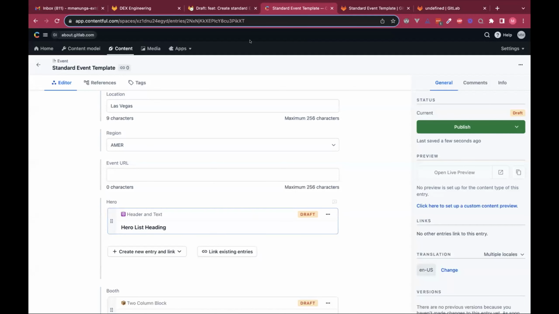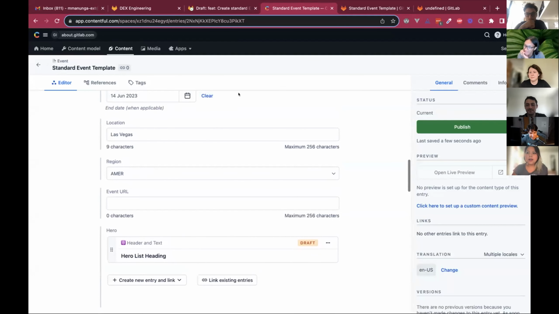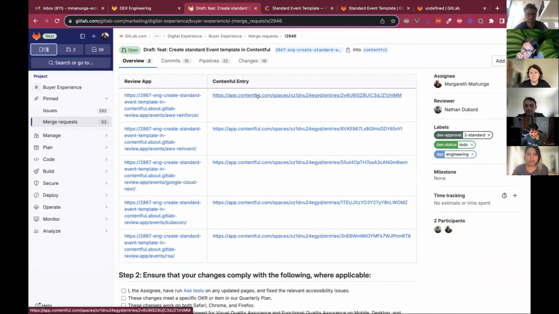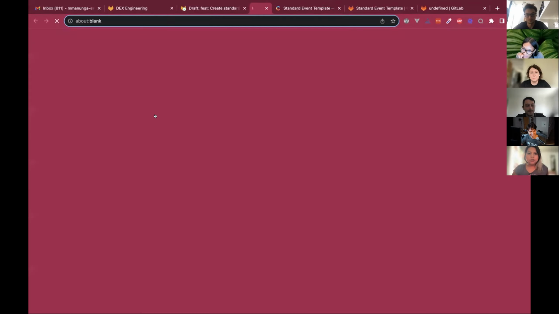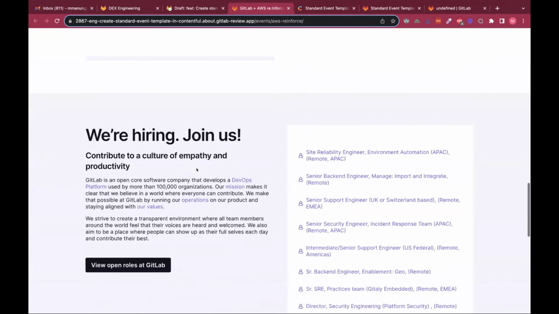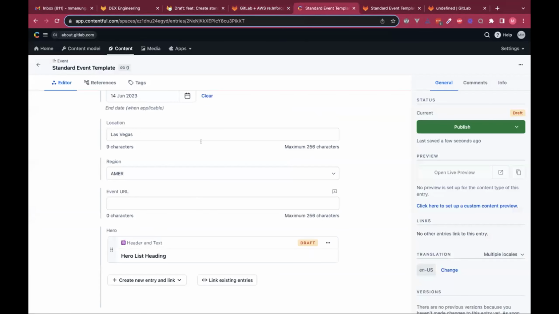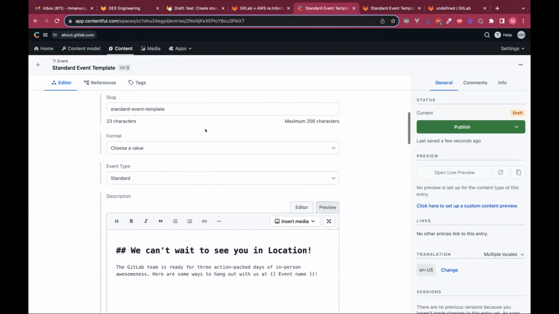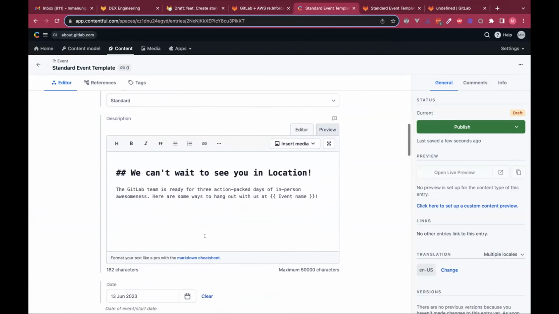Let me know if you can see it. So I actually migrated all these standard events, so these are all in Contentful now. And you can see the content coming from Contentful in the review app. And I also created a standard template entry. So if we need to create new events in the future, we can just duplicate this